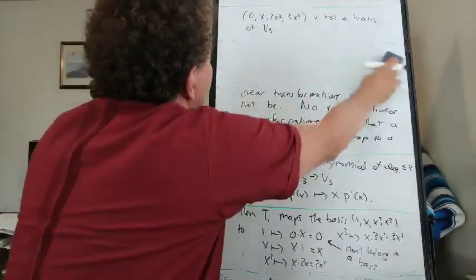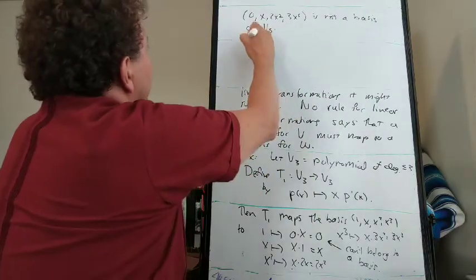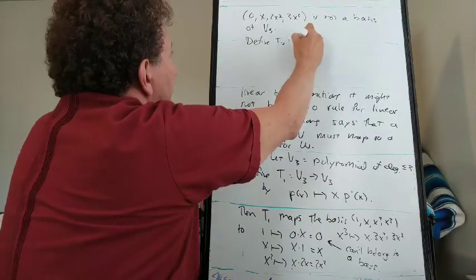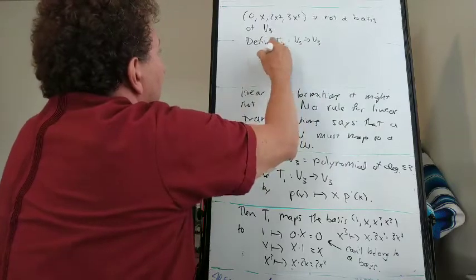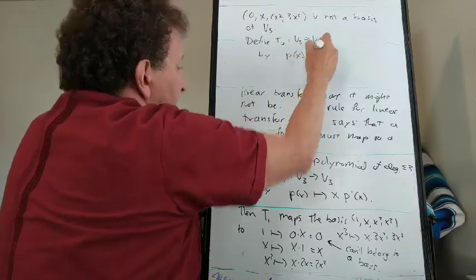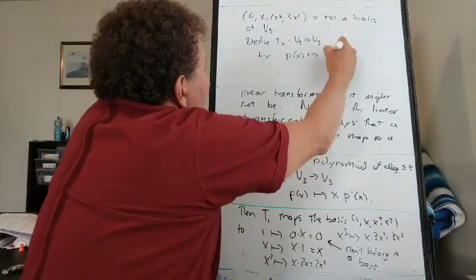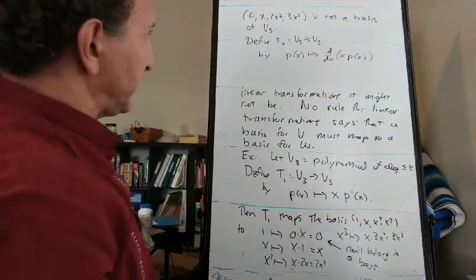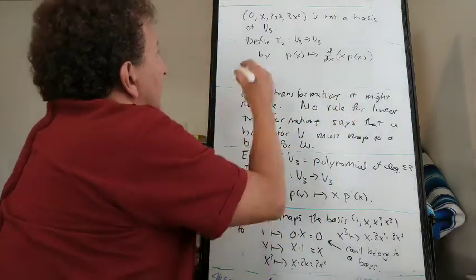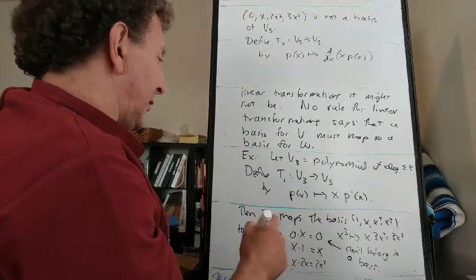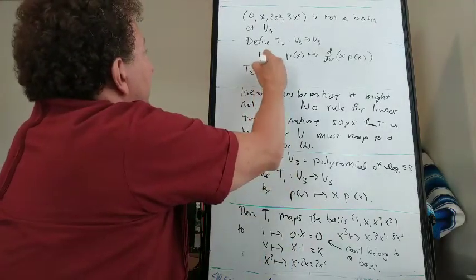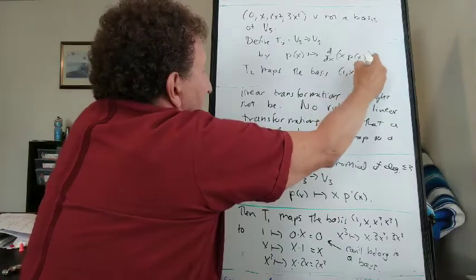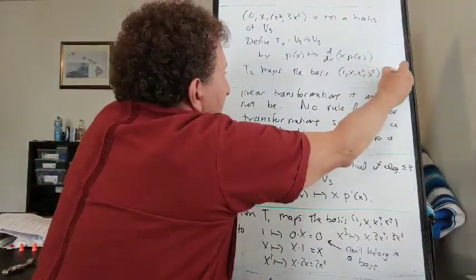Now let's look at a similar map. Let's define T2 from V3 to V3 by saying P of x gets mapped to the derivative of x P of x. Then let's say where this maps the basis. T2 maps the basis 1, x, x squared, x cubed to